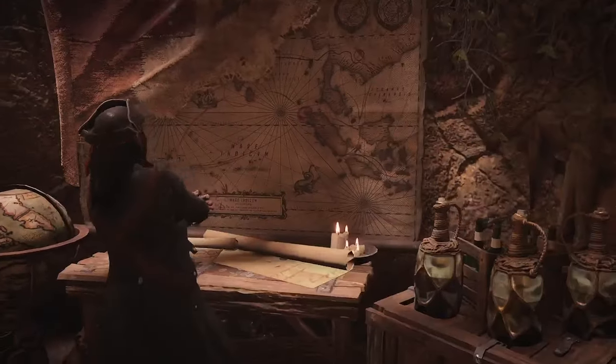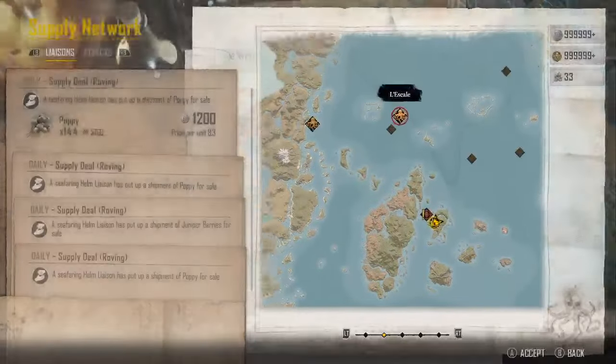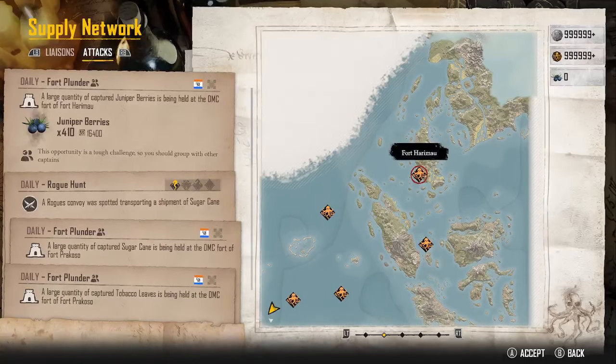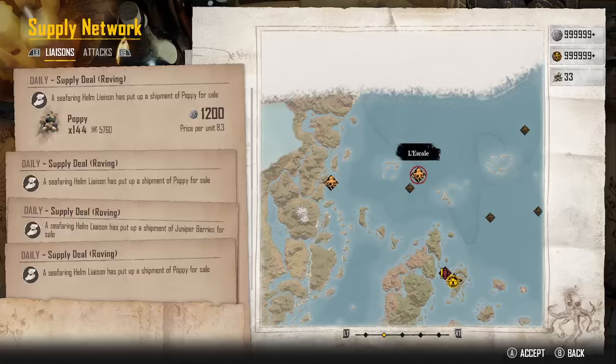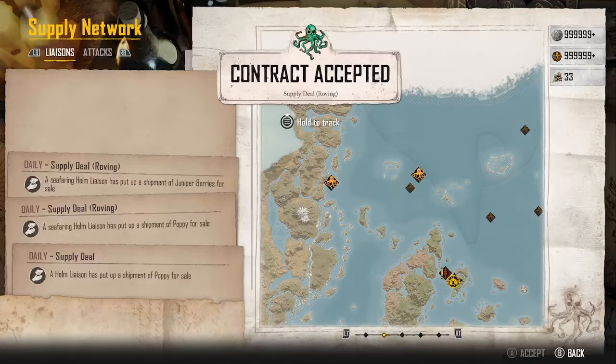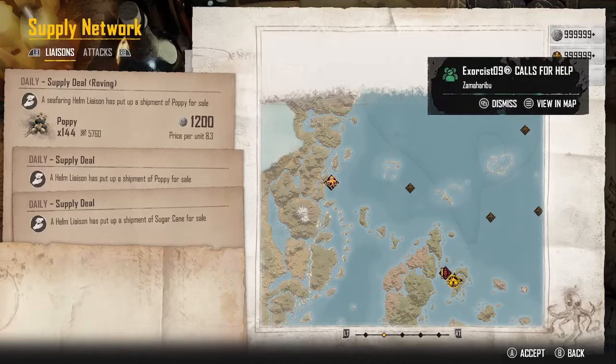I need to do some cannonball farming. I want to make sure I got plenty of cannonballs. Now, you can go and you can run around the shipwrecks, as we've mentioned in the past. But what I prefer to do with that is just run these roving missions here. And when you come in, you're going to destroy